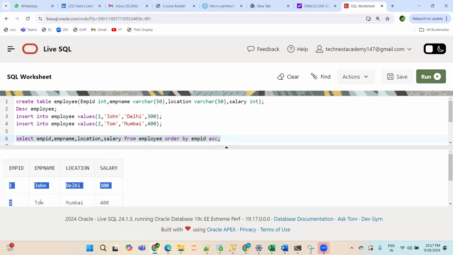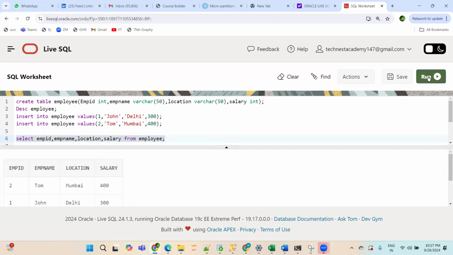Is this in ascending order? Employee ID 1, then you have employee ID 2, right? So we'll discuss this order by at a later point. I don't want to trigger this discussion now. As of now, you just have to understand that if you don't write order by, it is the wish of the SQL engine. It can display data in any order. There is no guarantee. There is no logic for it.